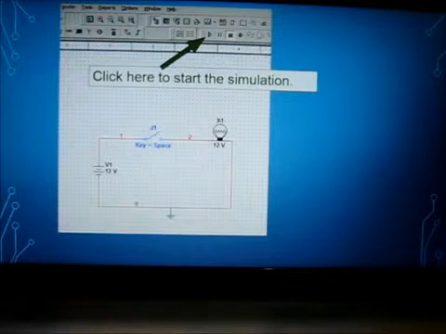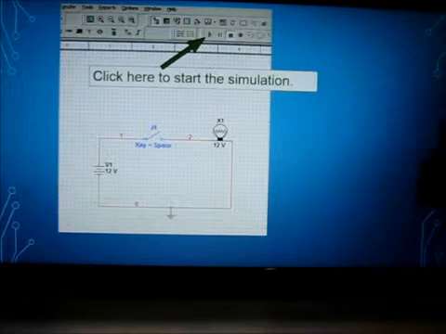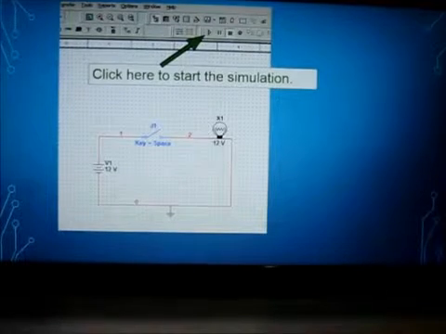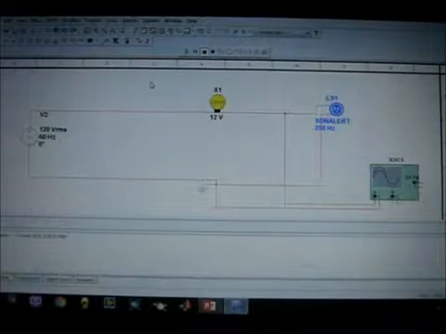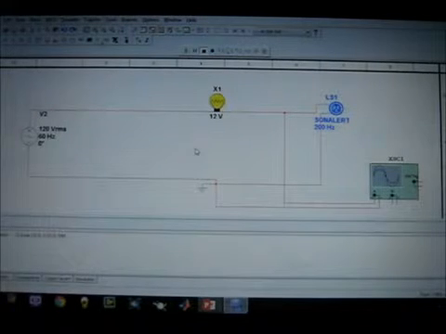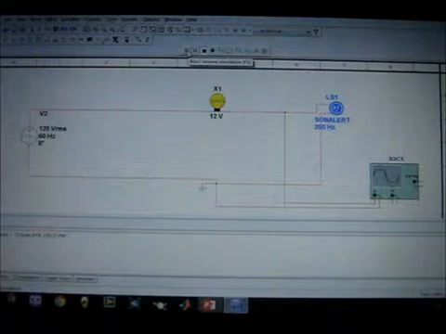Now after this we have to run this simulation and we will see how it works. And this will be shown by a demo. Now you can see I have used an AC source across this voltage, across this lamp, and a sonar alert, so that you can hear a beep sound. Now when I run this, you can see